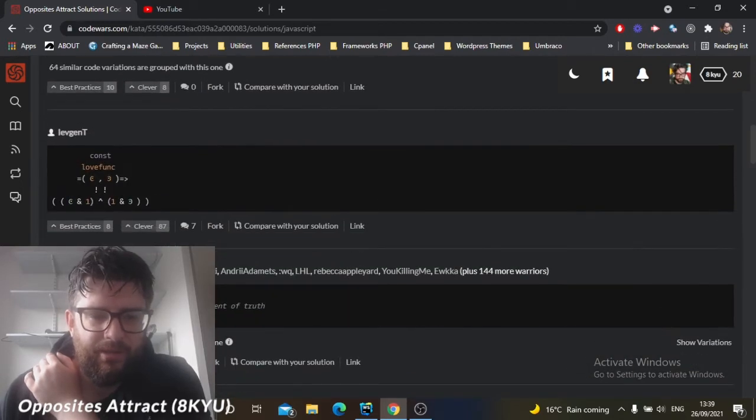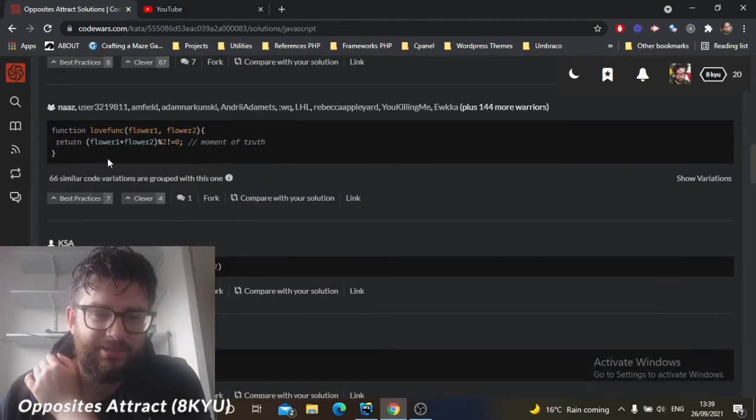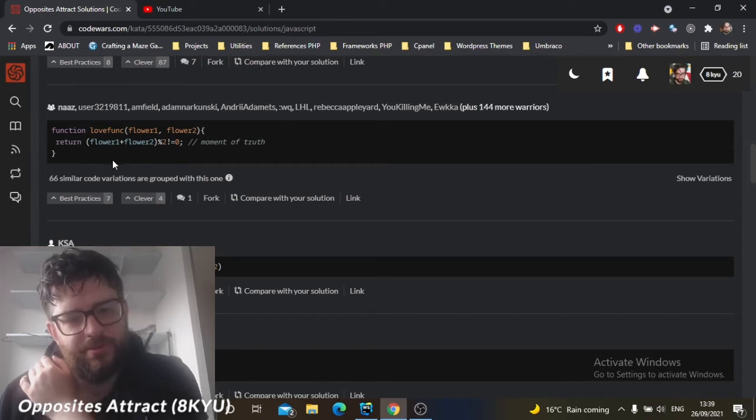Cool. This is weird. What the hell is this? I have no idea how that's functioning. What the hell? It says love function. So I don't know what's going on there. Love function flower 2 for